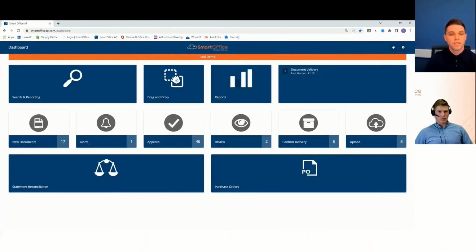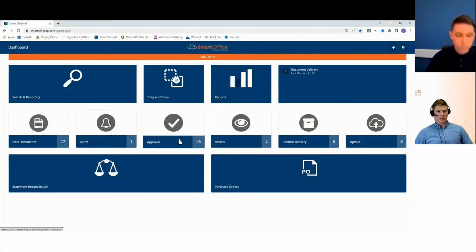Okay, guys, so that's a summary on the approval. There's obviously a lot more in that, and every business has their own complexity and approval matrix and values and chain. And that's what the power of SmartOffice is. We can mimic or enhance your approval process, and it can be all customized directly in this tile for a single approval.